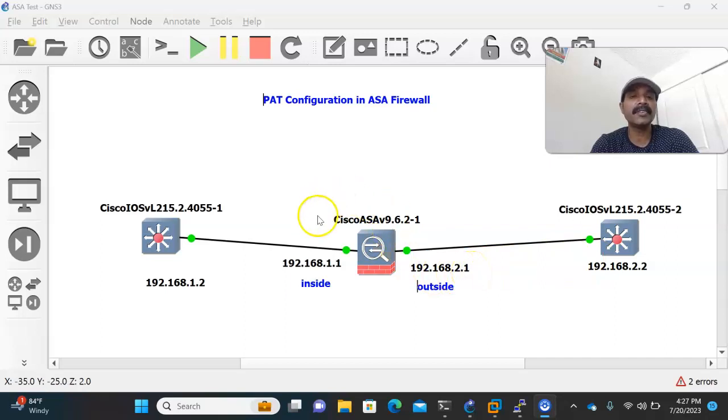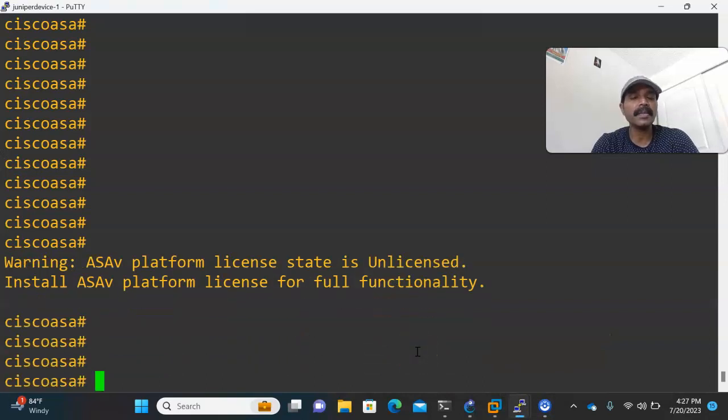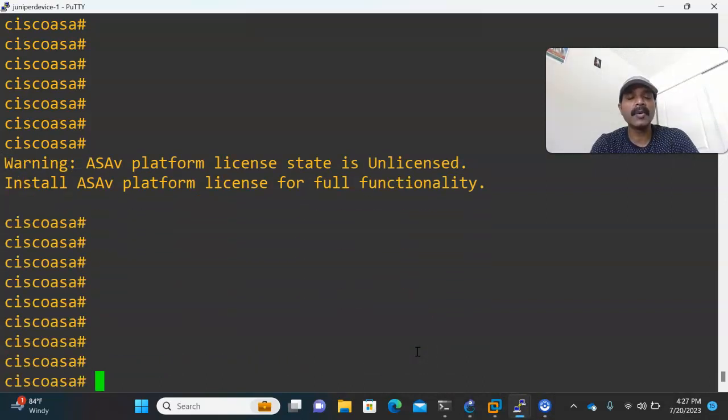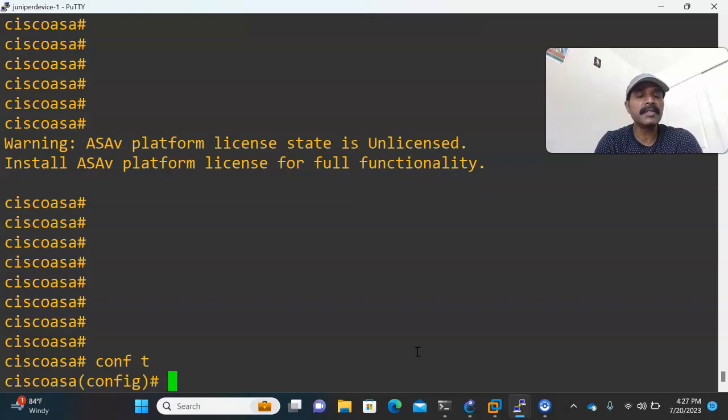So first let us configure the inside and the outside security zones and the associated interfaces. Then we'll configure the default gateway from Cisco 1 and 2. Then we'll configure the NAT translation rule. I'm going to show how we can configure the PAT configuration, right? So let us do it one by one for a better understanding. So now let us go to the Cisco ASA firewall and configure the inside and the